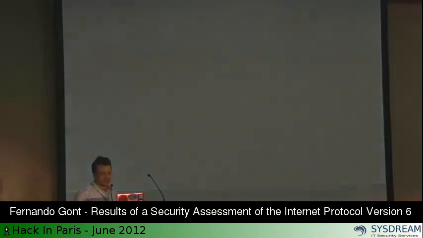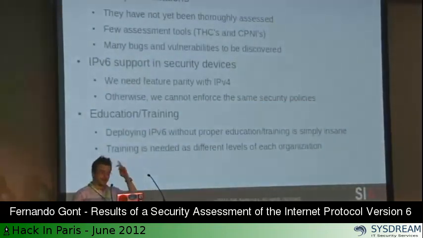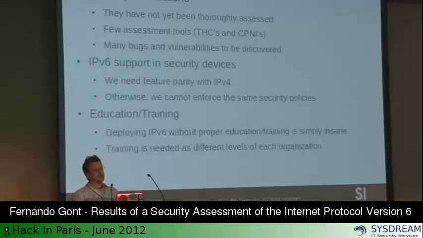So, closing this presentation, these are some areas in which I think that further work is needed. First of all, lots of work to be done in the case of IPv6 implementations. As I said before, if you take a look at current IPv6 implementations, they probably have the same level of maturity that V4 implementations had in the 90s. One of the reasons for that is that we don't have that many attack or assessment tools to actually evaluate their resiliency. I think that there are only two toolkits available for doing V6 attacks or V6 assessment. So there are lots of bugs and vulnerabilities to be found, and of course to be patched.